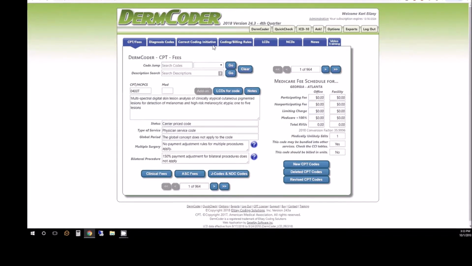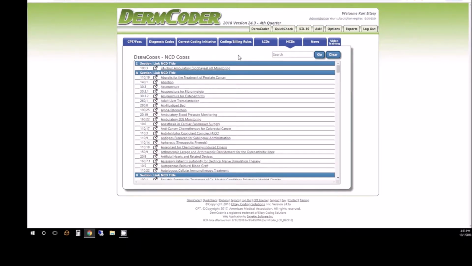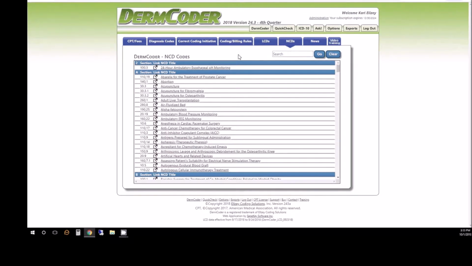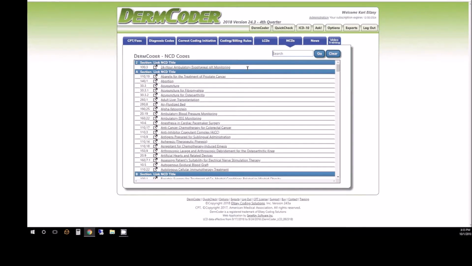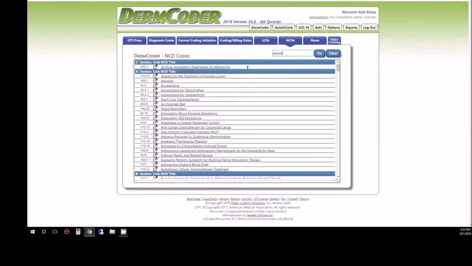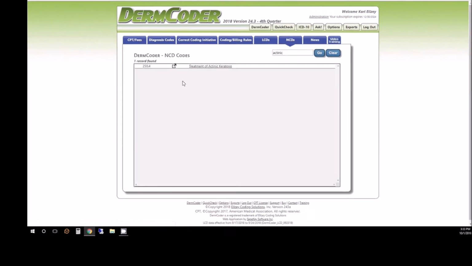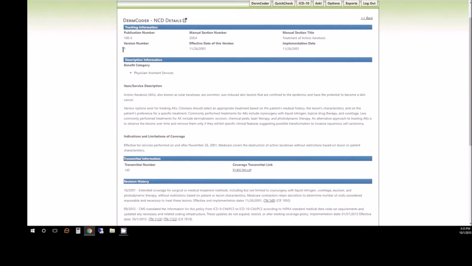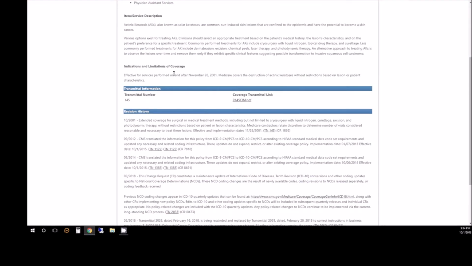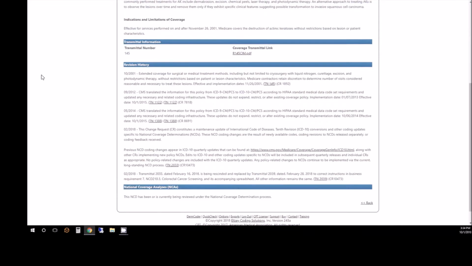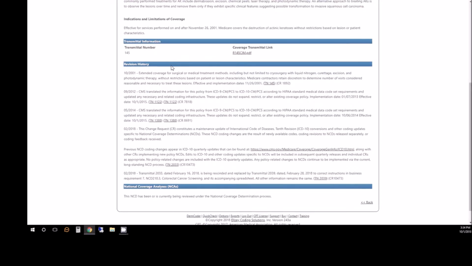There's a psoriasis policy. So we can click the NCDs, and again, we have the hundreds of NCDs that affect all codes and all specialties. But if I wanted to pull up the national AK policy, in the little search box in the upper right corner here, I can type the word actinic and hit go, and we will see that we come up with an AK policy. It's 250.4. I can pull it up, and then we have all of the coverage requirements, shows all the different methods of treatment, all of the revision history to this policy, and including some coverage transmissions from CMS that you can follow